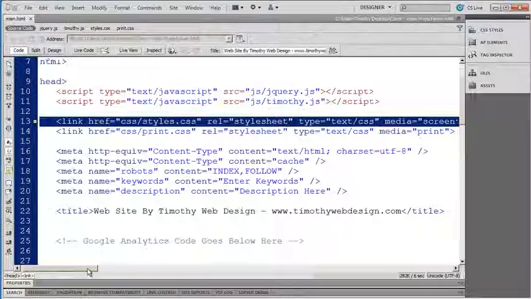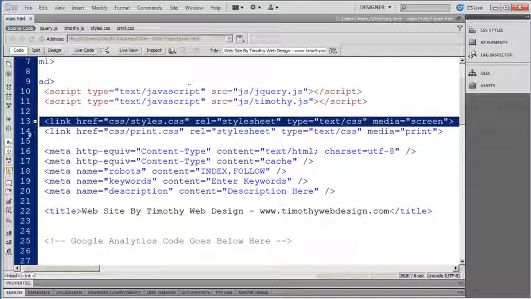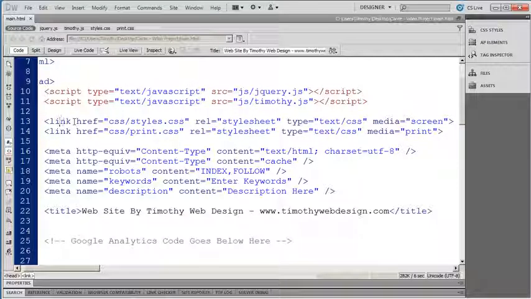I'm going to scroll over just a little bit so you can see the whole line. You'll see it's a link tag. The href is pointing to the CSS folder, and it's saying inside of that CSS folder you're going to find a file called styles.css. The relationship between these two files, between the HTML and this item right here, is that